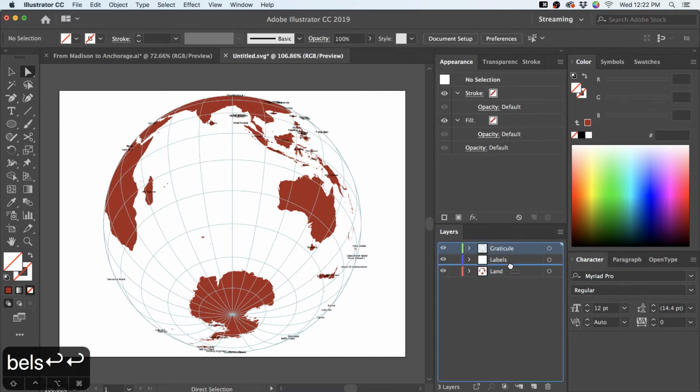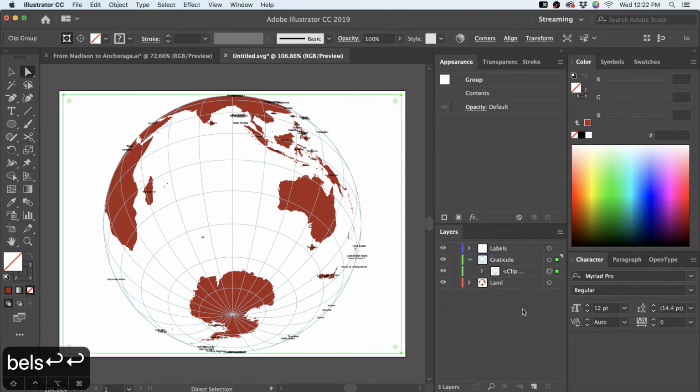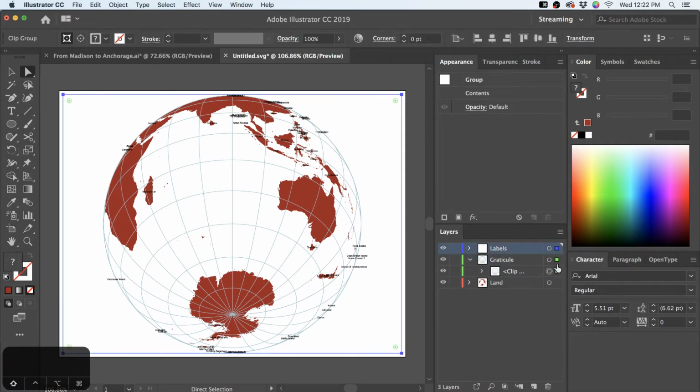So yeah, now I've got my pieces together here. What I want here is, I was having some trouble with my ocean before, so I'm going to want an ocean layer too, I think. And part of the challenge is that I don't have an ocean polygon, but I can make one pretty easily just using pieces of the graticule. Oh, I've still got these clip groups too. I should probably unclip and ungroup everything too.